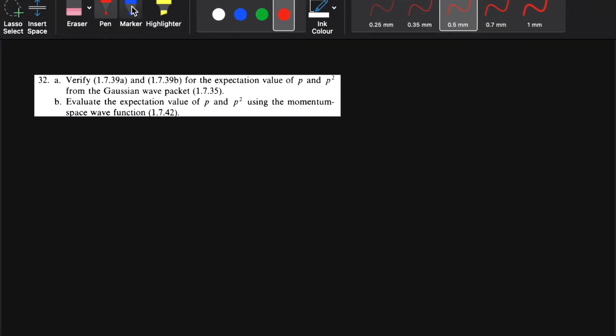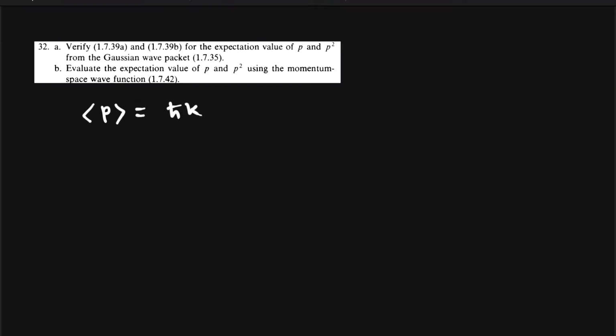Today we are going to solve question number 32. In part of 32, it is asked to verify 1.7.39a and 1.7.39b for the expectation value of p and p square from the Gaussian wave packet 1.7.35. So that means we have to calculate and prove that the expectation value of p is equal to h cut k,